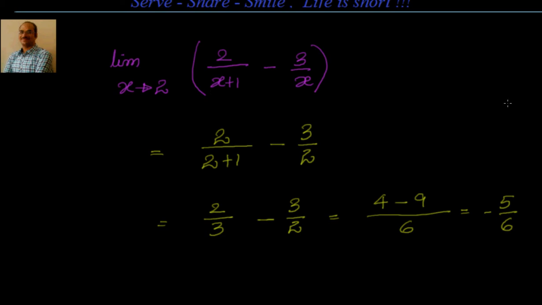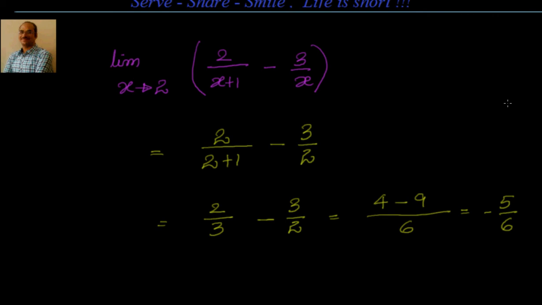So in the next session, we will look into how to solve the limits by using factorization. That means where we see that if we substitute the value of x equal to a, we are going into 0 by 0 form, but can we factor them and simplify, because we have seen that whenever we factorize, the limit still exists at that particular point other than exactly at that point. But as for the definition of limit, we are not interested in the value at that particular point.